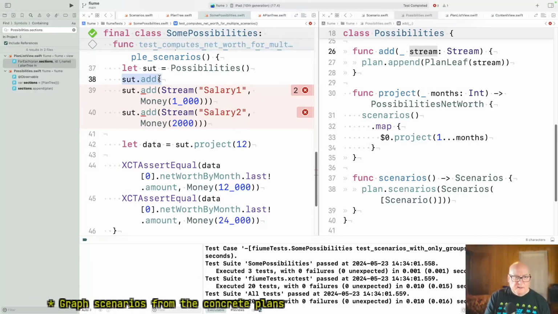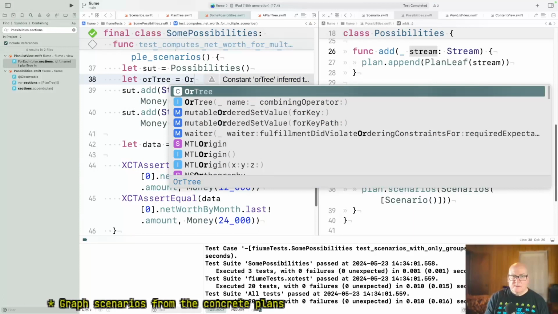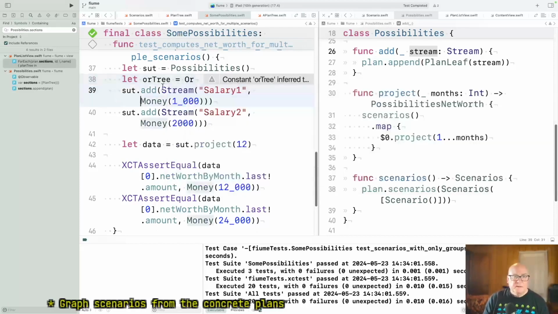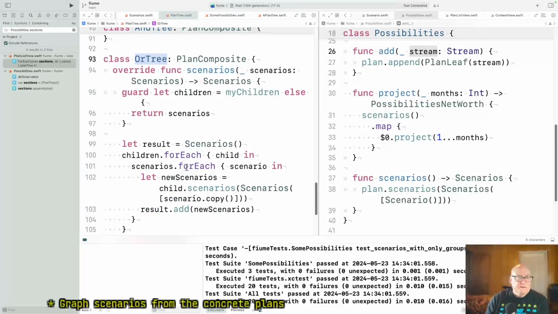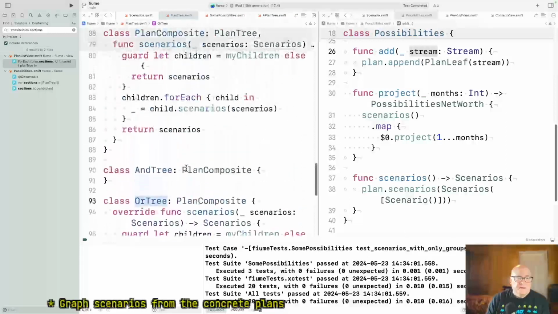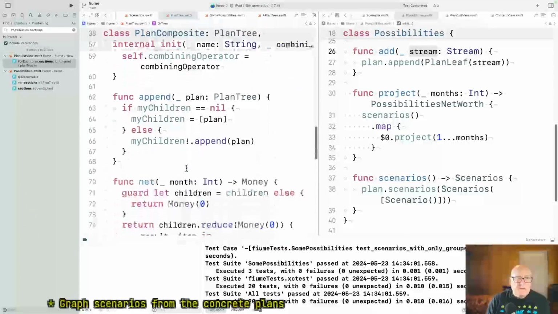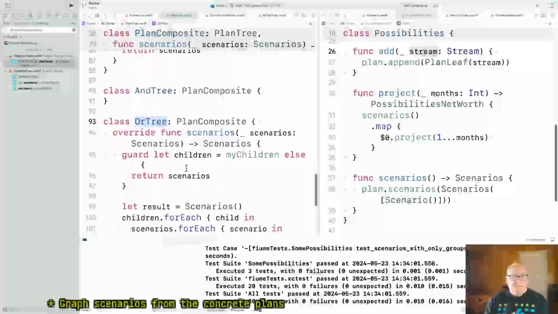So let or tree equal or tree. Wait a minute. Or tree. Oddly, he knows his combining operator. Well,